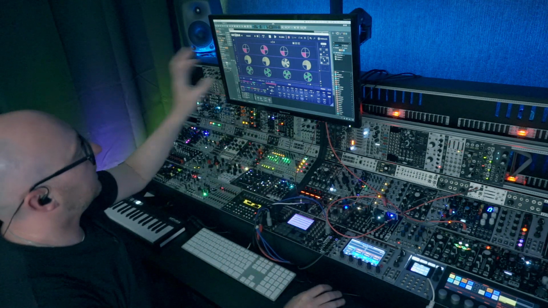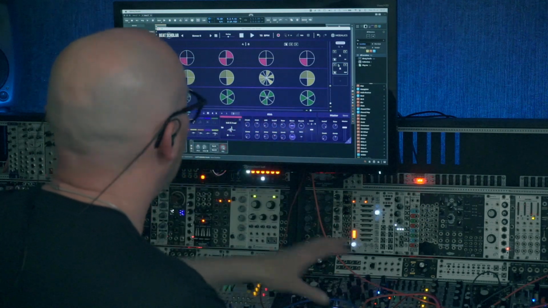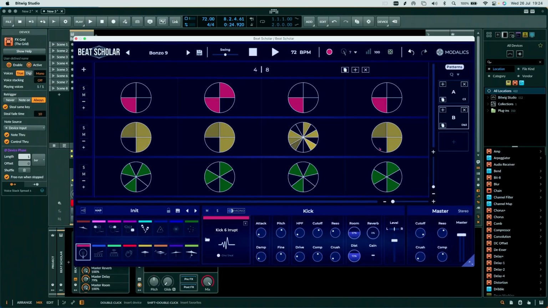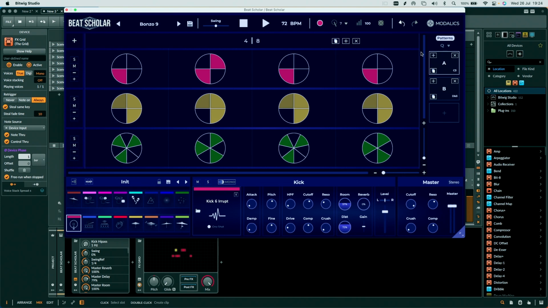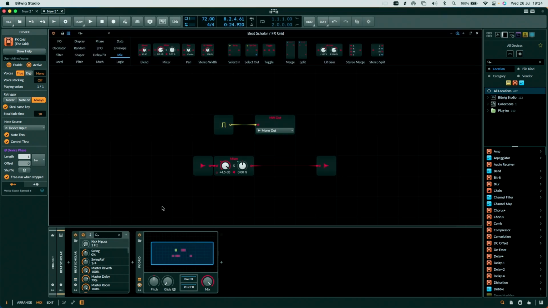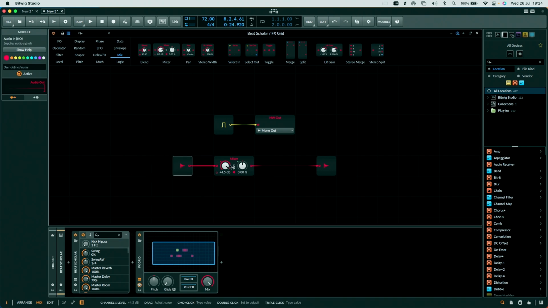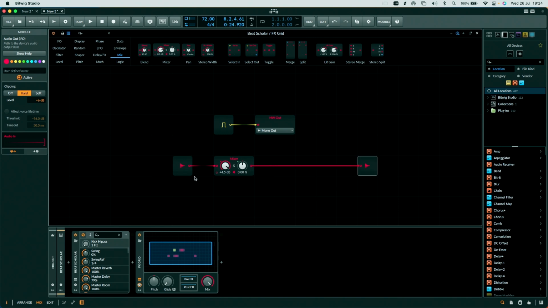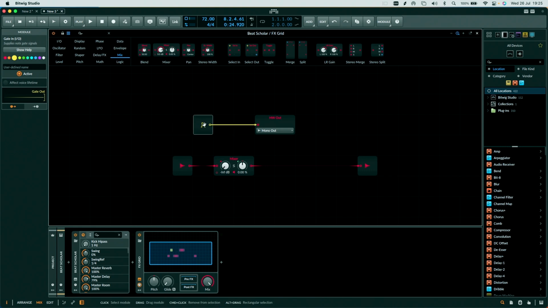So let's send this out into the modular, just in the same way that we were doing with the grid earlier. Go over to pattern A, and I'll just close that for now. So we've got Beat Scholar coming into the effects grid. So it comes in here, goes into a mixer and out to my speakers. I'm just going to turn that down so we can't hear it, because all I want to do is take the triggers, which is this here. So this takes the trigger from Beat Scholar coming in, and it sends it straight to my sound card,